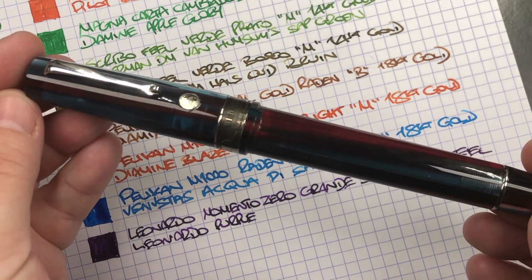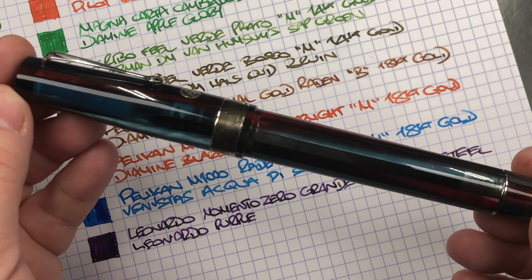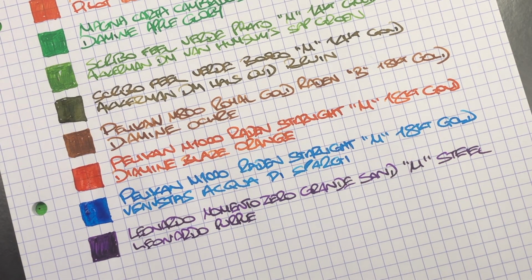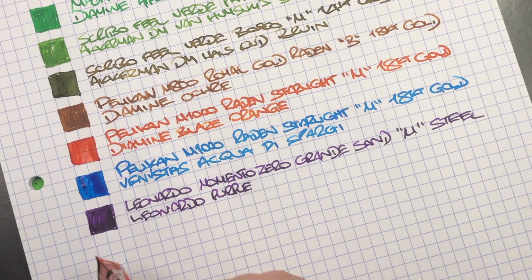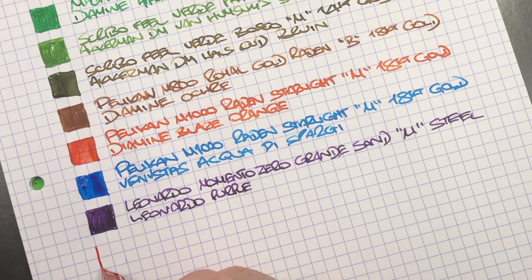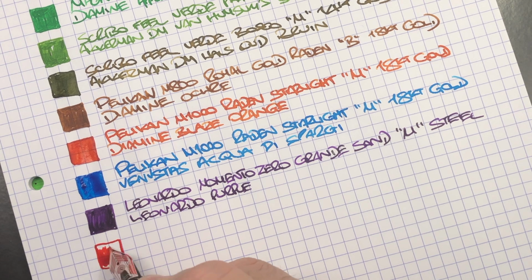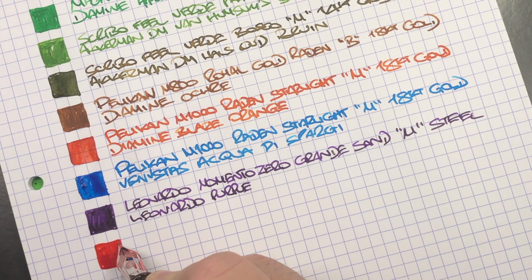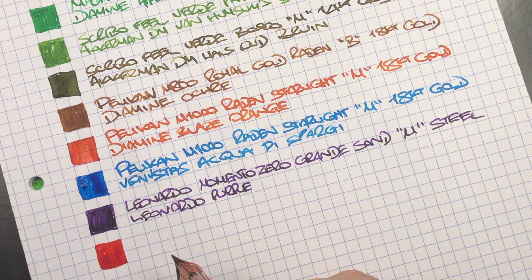The next pen inked up is the Armando Simoni Club Bologna Extra, and this is in the Wild West. So we'll do an ink swatch here. And you can see here, again, these nibs, like the Pelikan M1000 nibs, are pretty wet. And I think the Pelikan M1000 nibs are...